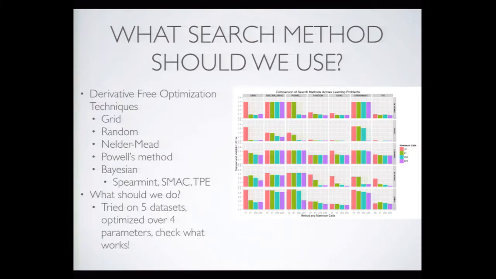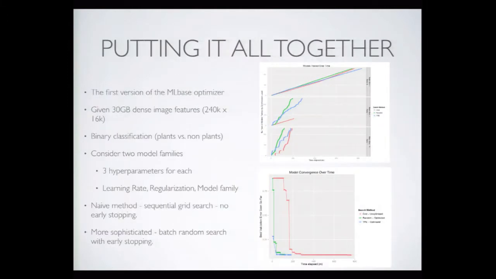So what we see, interestingly, is that random search actually outperforms any of the classical methods, which is surprising. How can random be that good? But a couple of the Bayesian methods anyway actually do slightly outperform random methods, so we went ahead and implemented them in our system. So putting it all together, we have the first version of the ML-based optimizer, and we